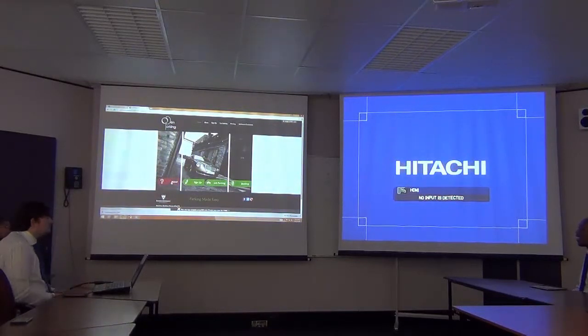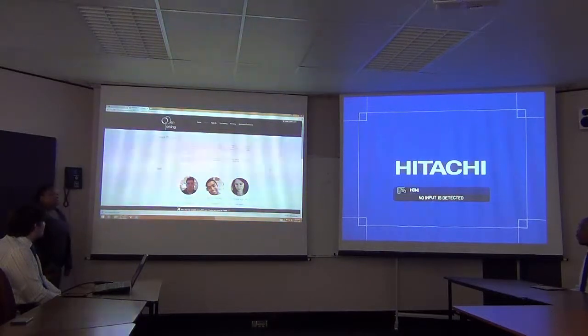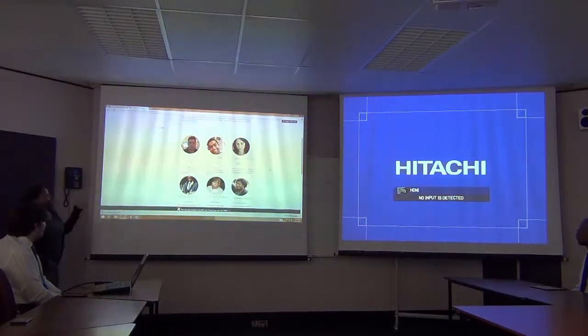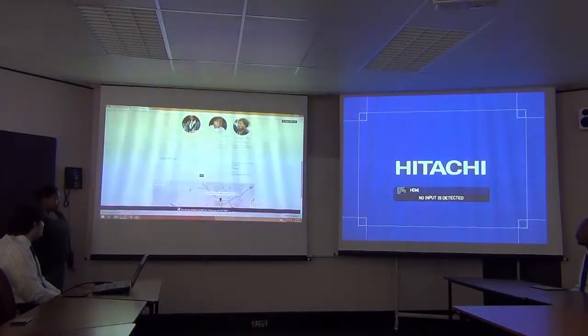If they want to find out more about the app, they will find it under About the App. It's basically what Manuel earlier mentioned, how the whole system came about and the reasons behind the system. And then if they scroll down, they can view the team members and their contributions to the entire process of building the app. If they want to contact the team members, they can contact us by sending us a message here, visiting us at Hamilton, which is there on the map, or sending us an email.